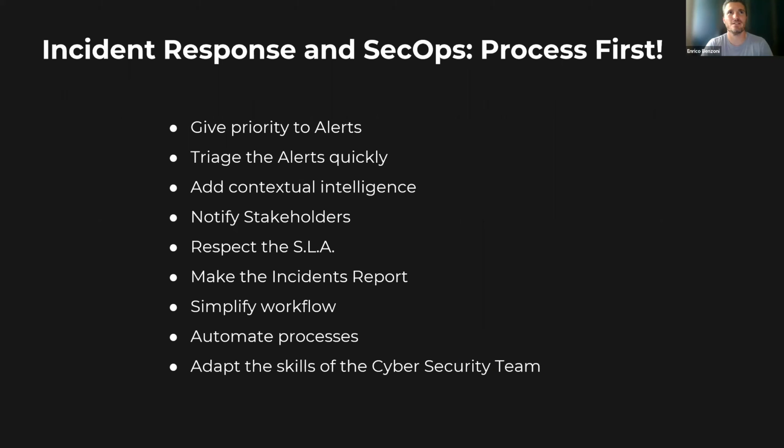So you have to give priority to the alert, you have to triage the alert, you have to add contextual intelligence and notify the stakeholders in the right moment, as soon as possible in a specific moment. You have to respect the time to respond to every single alarm, and make incident reports that take a lot of time, especially when you have to collect many information through different type of tools. So basically, you have to automate the processes and adapt the skills of the security team. So